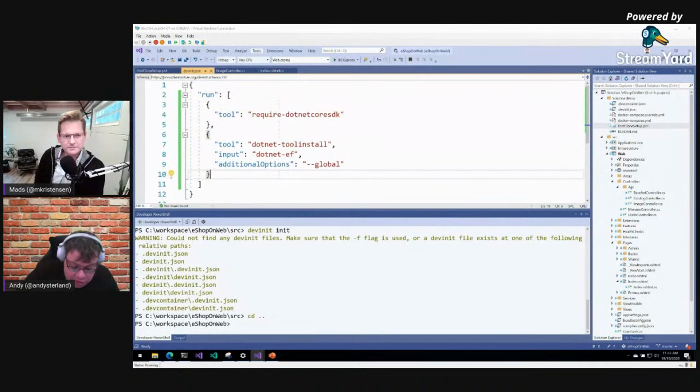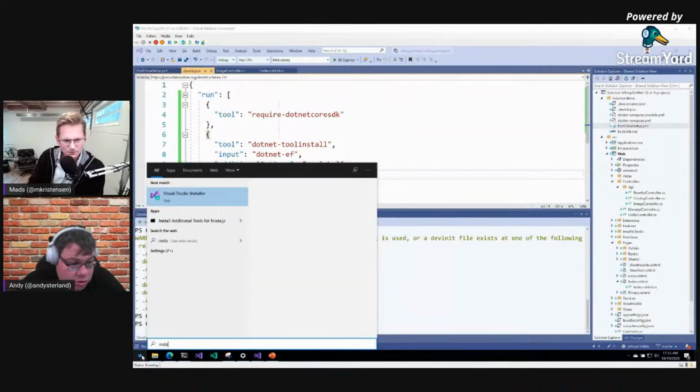So for Visual Studio, we do. There's this concept called VS config files. Exactly. In fact, you can do it. How do you do it? Let's see it. Let me just go to the right window on my computer. So if we just go to the installer in Visual Studio,